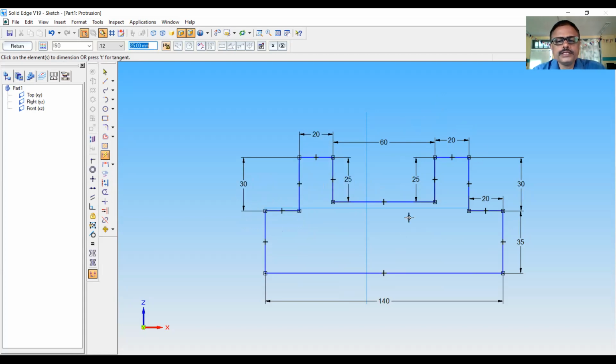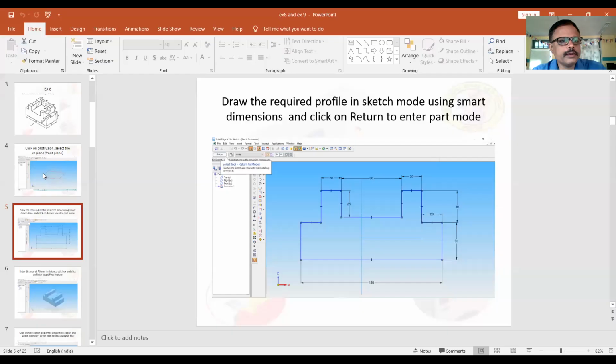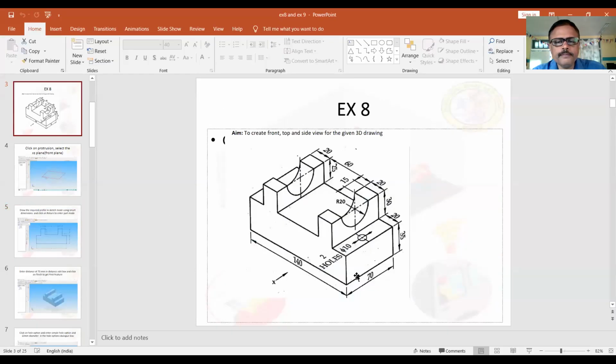Okay. See, what I have done is first I have drawn the profile required for my model. You can refer to the model here. This is my model. So you can see 140, 35, 20, 30, 20, and then this one is 25. This length is 25.